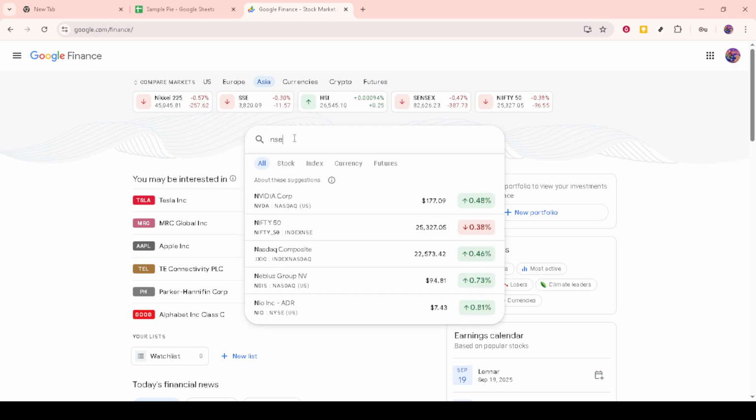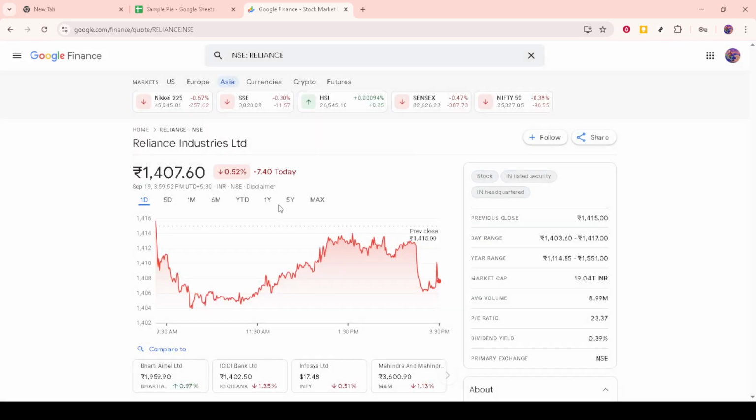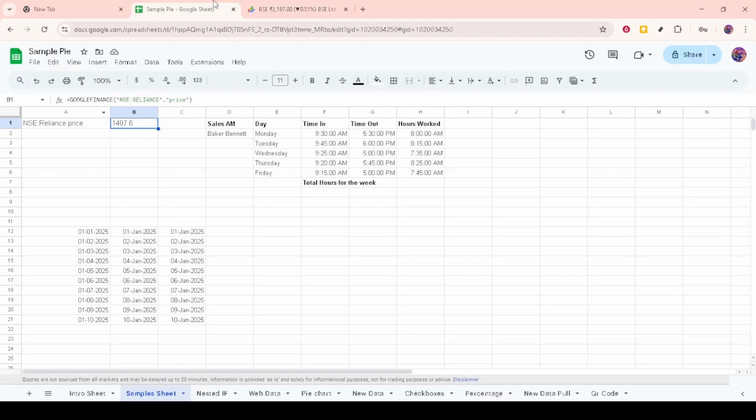Now, you want to enter a formula in the sheet that will enable Google Sheets to pull the stock price data automatically. This is done using the GOOGLEFINANCE function. In a cell of your choice, for instance in cell A1, type in the formula =GOOGLEFINANCE("NSE:RELIANCE", "price"). This formula fetches the current stock price of Reliance, which is one of the many companies listed